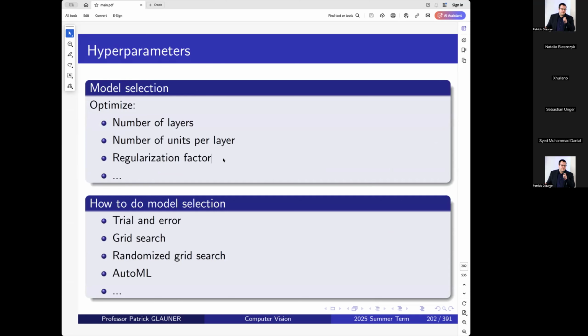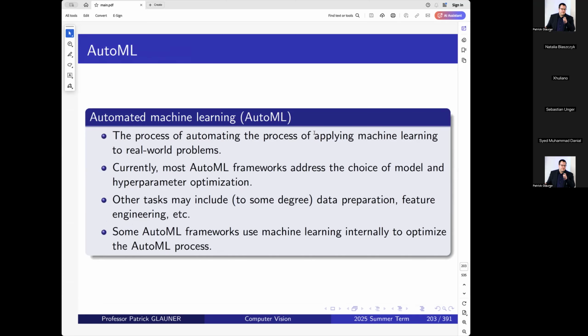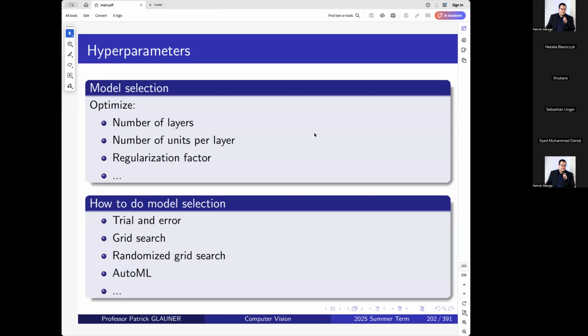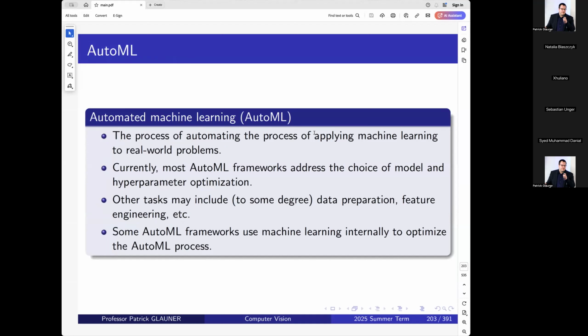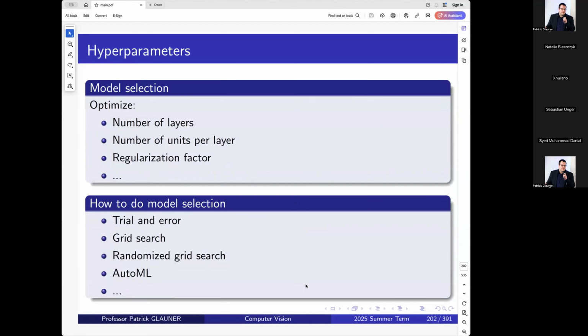Like how many layers do I need? How many units? How many regularization factors? And so forth. Or which value for the regularization factor, as well as the learning rate and others. So AutoML frameworks, they would try to find a neural network for me that does that. So it would automate my machine learning task. And this is overall really cool because AutoML libraries don't just naively